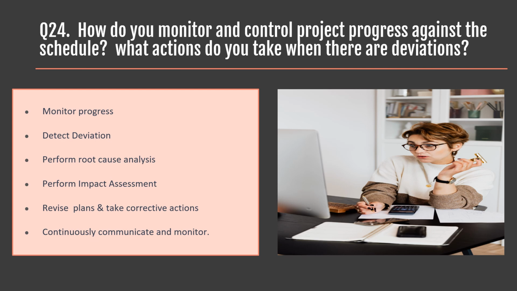when there are deviations? Monitoring and controlling project progress against the schedule is a vital aspect of project management to ensure that the project stays on track and deviations are addressed promptly. Mary began by tracking the project progress in terms of completed tasks, milestones achieved, and overall project percentage completion by using project management software, Gantt charts, and regular updates from the project team such as UI design, backend development, testing,